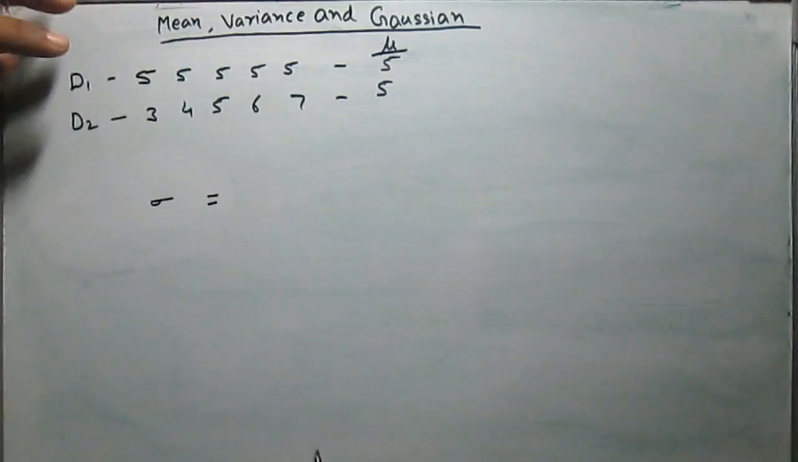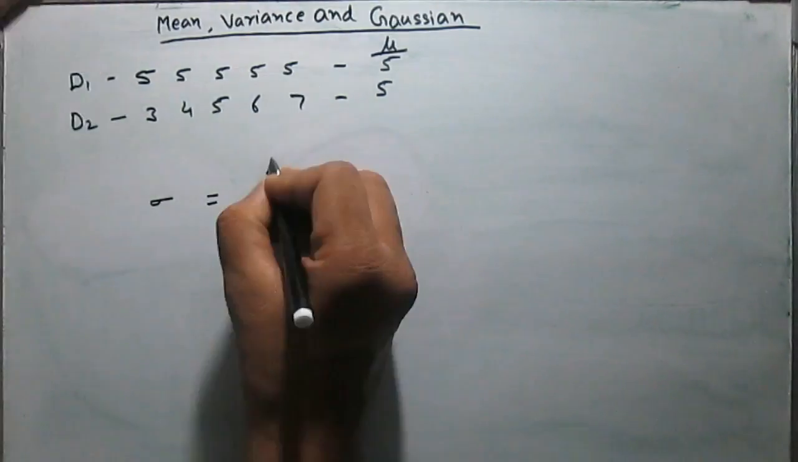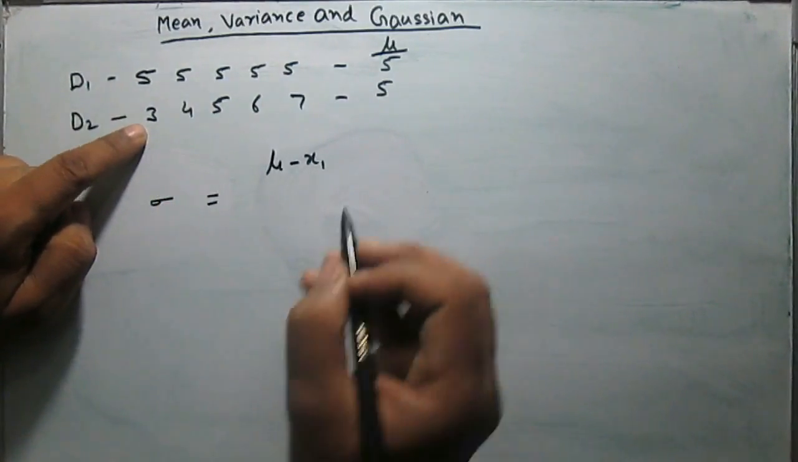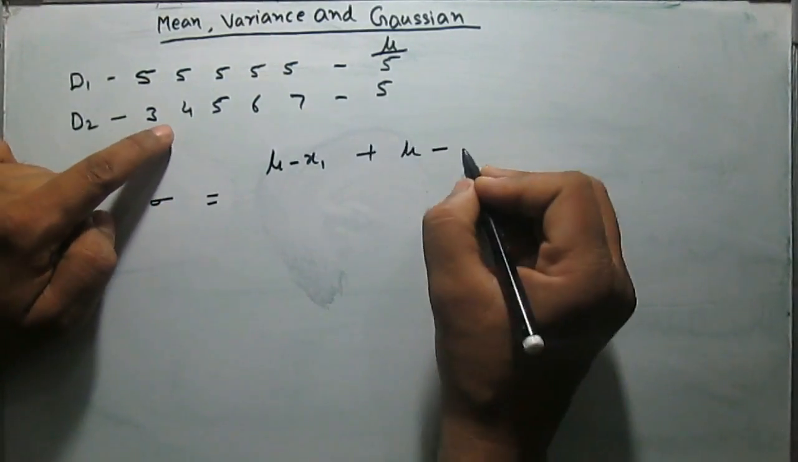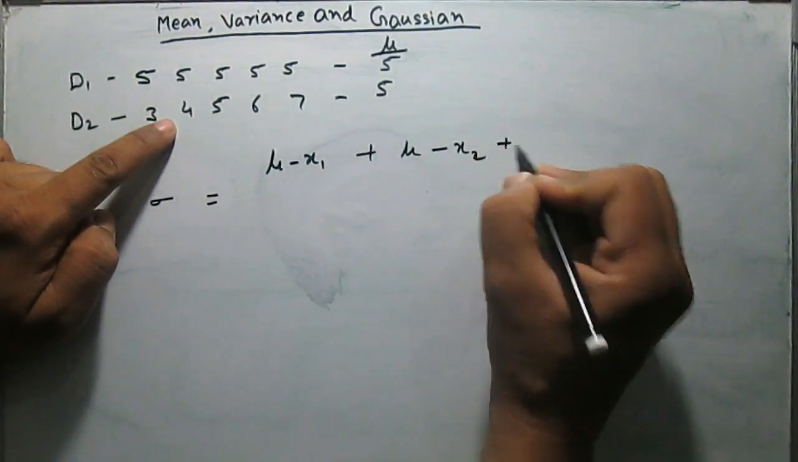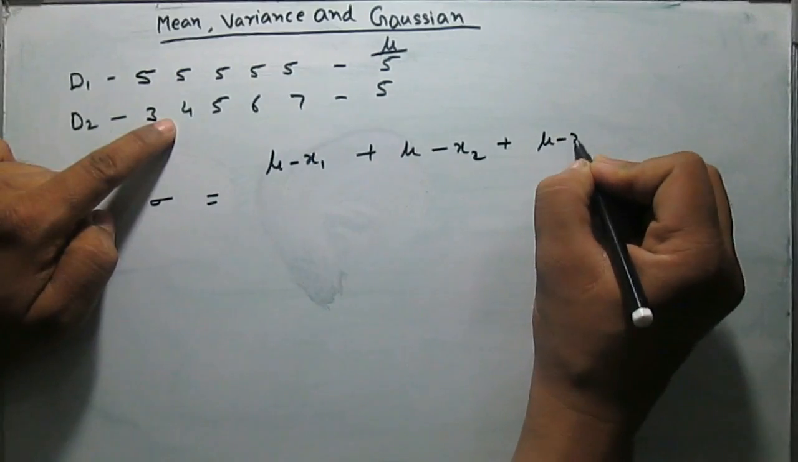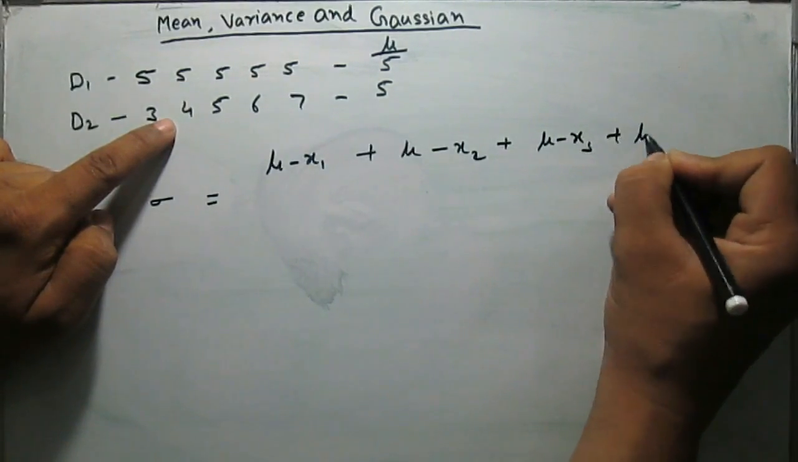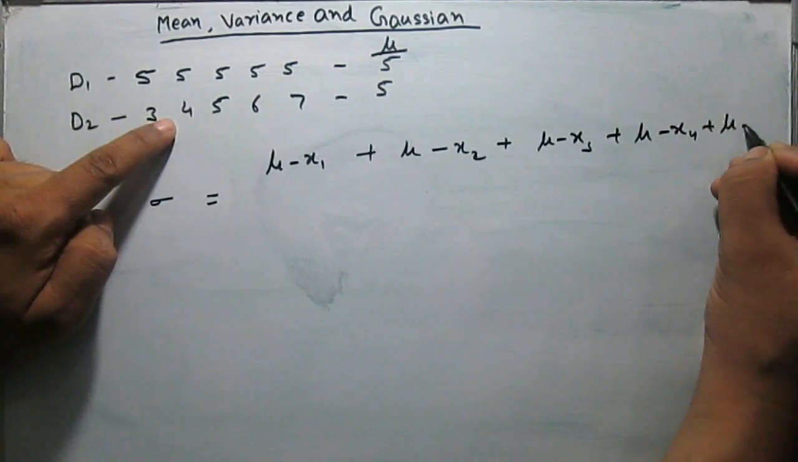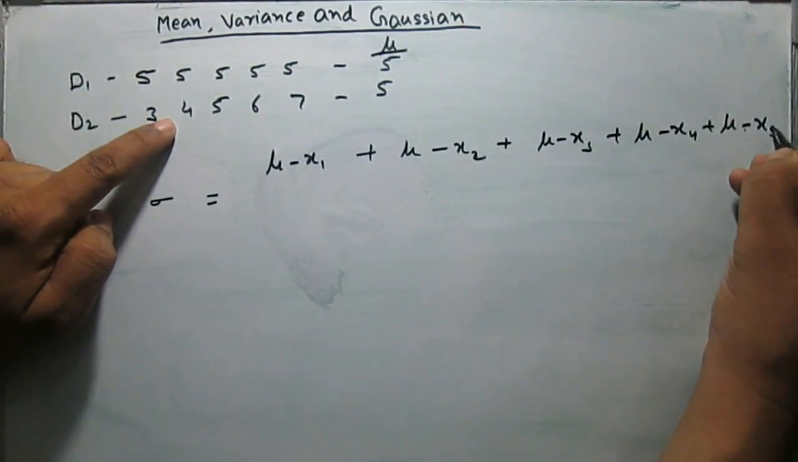data set. For example, if mu is the mean, mu minus x1 will be the deviation of the first point from the mean of the data set. If we add all these deviations, mu minus x2 plus mu minus x3 plus mu minus x4 plus mu minus x5,